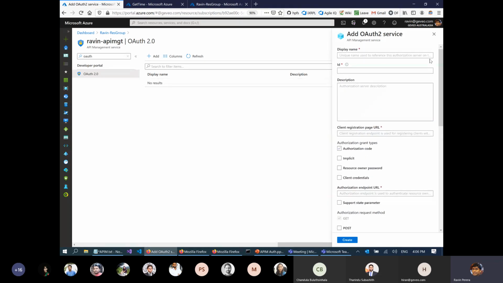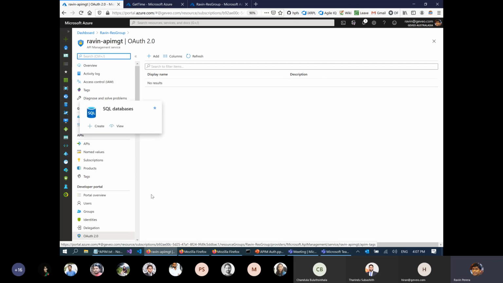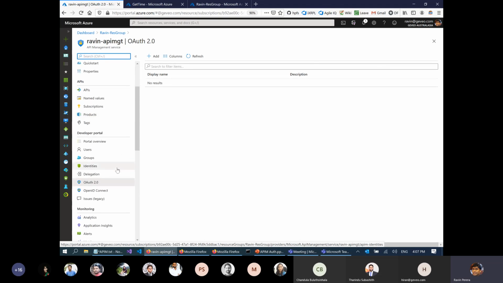I haven't gone down this path. We haven't needed it so far. Usually this redirection flow is handled by your React application, Angular application, or the mobile apps. That's why I haven't looked at this. But there are features in API management, and there are much more features which are completely outside the scope of this tech talk. But with time, once we start using it, I think our developers will discover the features that they can use.